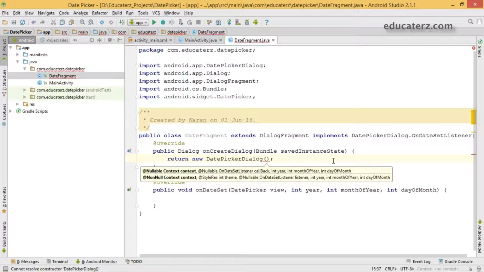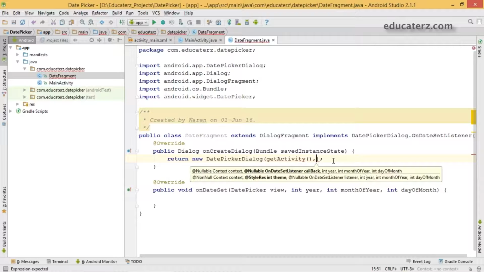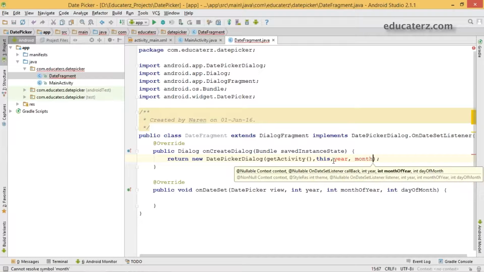So we should take the parameter list like the context, so we should take get activity. The next one is your listener, pass this, and the next ones are year, month, and day or day of the month, whatever you say. Simply you can put it as day or day of the month.